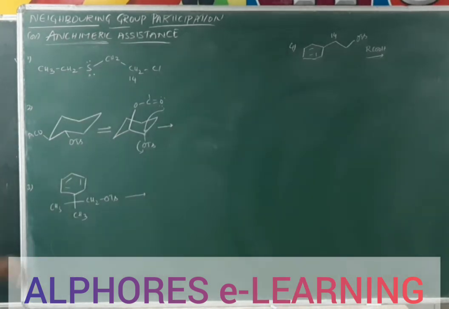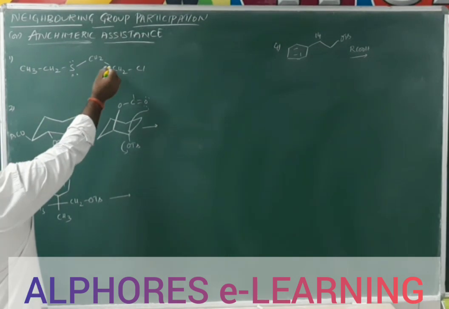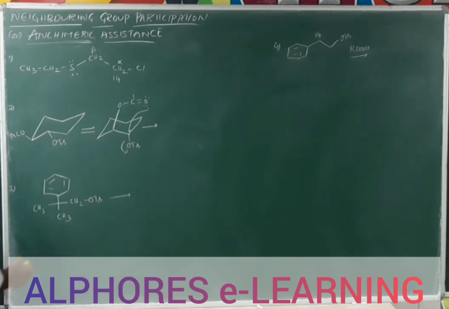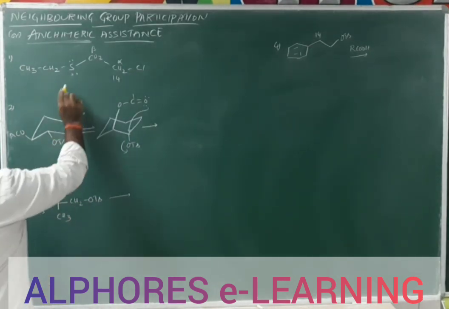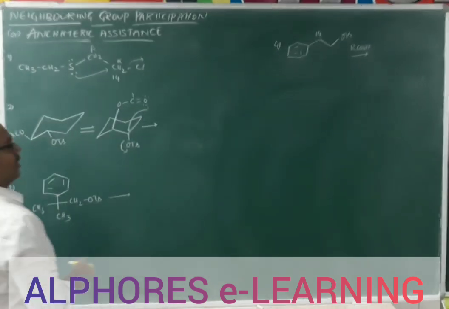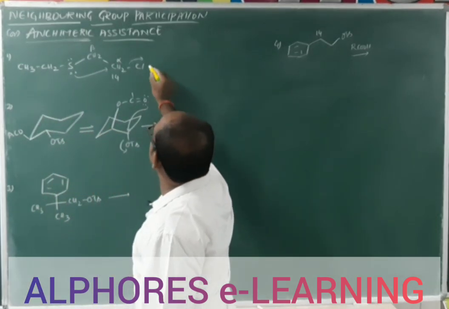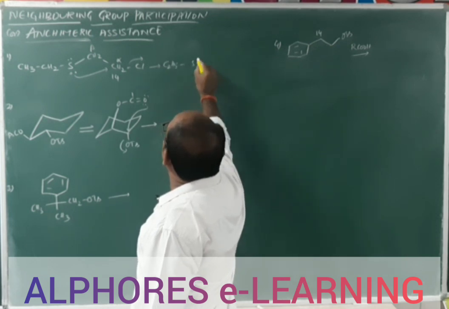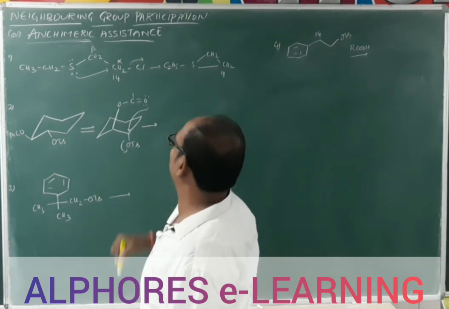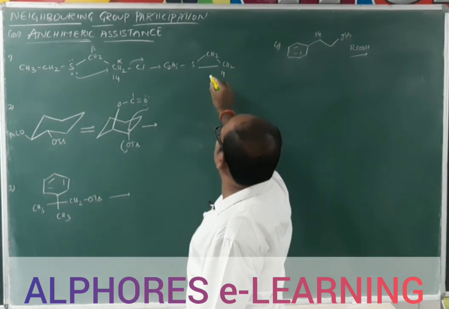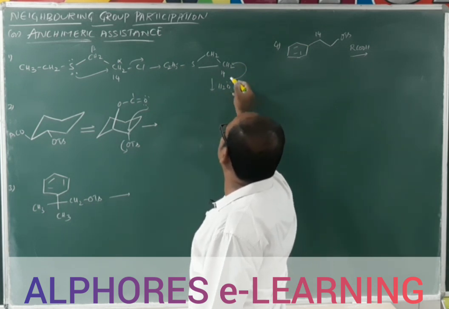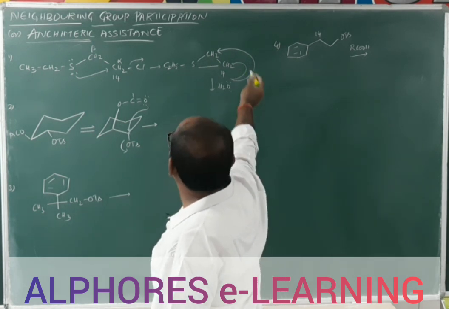So let us consider solvolysis of this example here. With respect to the leaving group, alpha, beta carbon, this beta carbon is attached to the electron rich atom sulfur. Now one of the lone pairs will be given to the leaving group containing carbon, the electrophilic carbon. Here we are getting the product C2H5SCH2CH2. Here I am going to use a C14 isotope. Now the water molecule comes and attacks either this carbon or this carbon, either of the two carbon atoms.